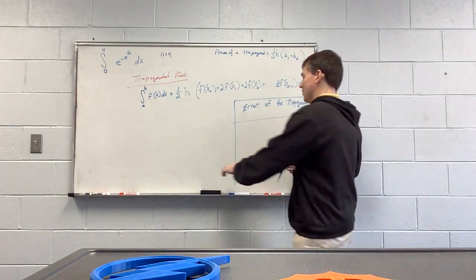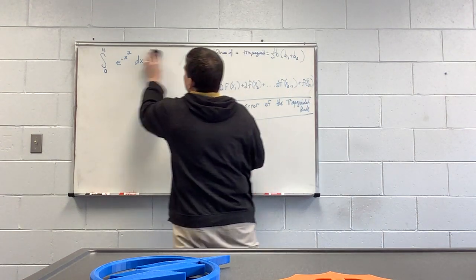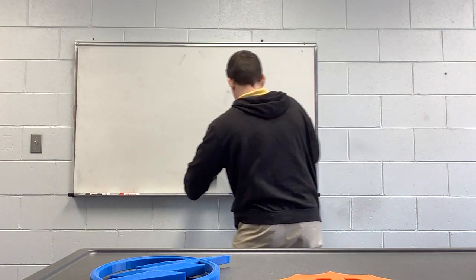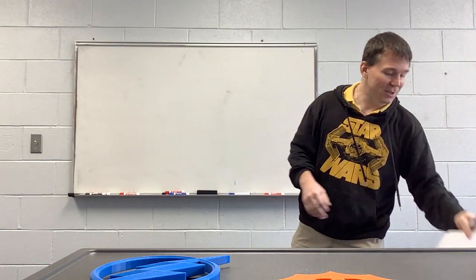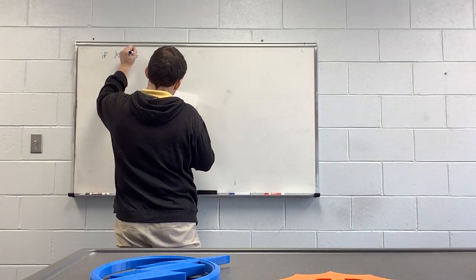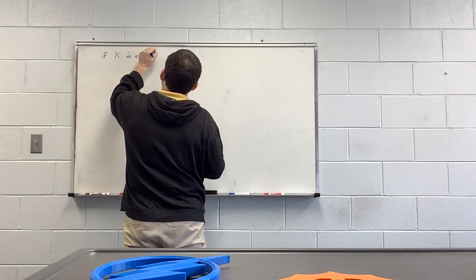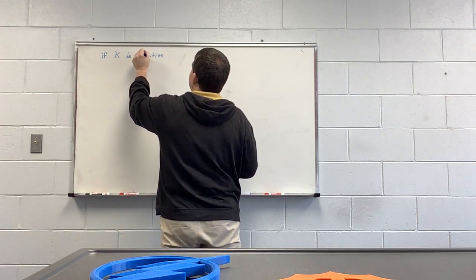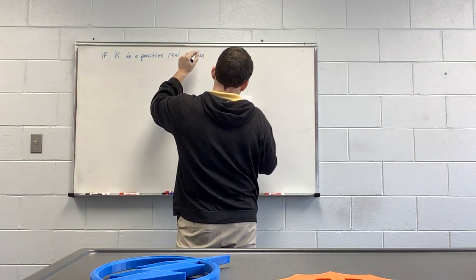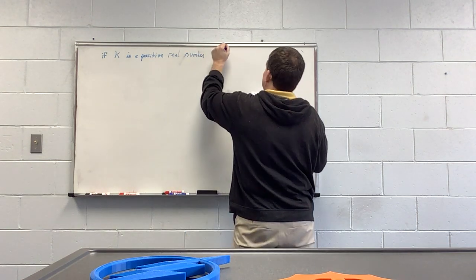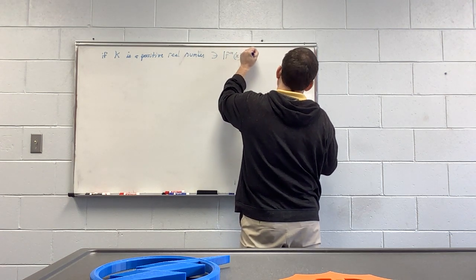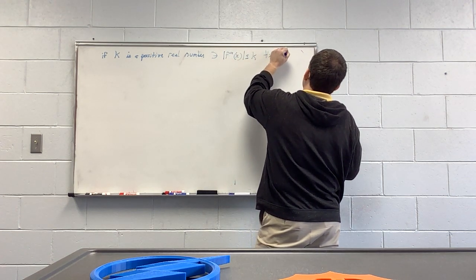I'm probably going to need more room because there's a lot of words here. So we'll fill the whole board. I'm trying to use the same notation as your book so there is no confusion. If K is a positive real number such that the absolute value of the second derivative of x is less than or equal to k for all x's in [a, b],